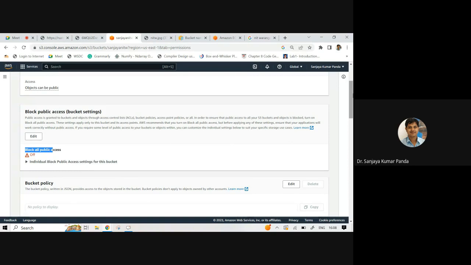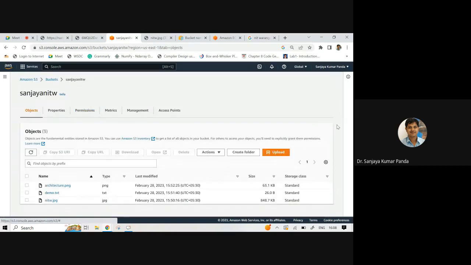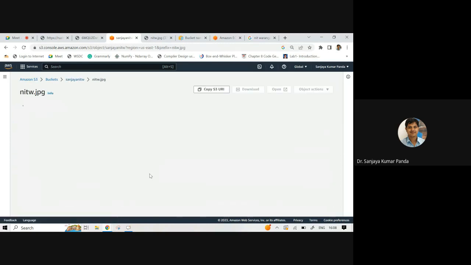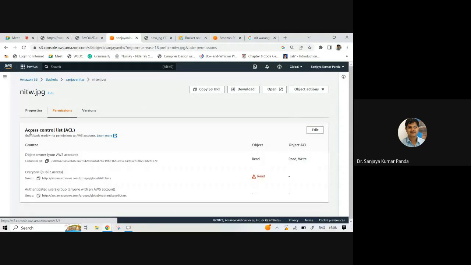This is the first one you have to do. You have to cross check. And inside your object, go to your permission tab. Under access control list, you will get some message. Click it, make ACL enabled. Once ACL is enabled, I am not getting any information here.